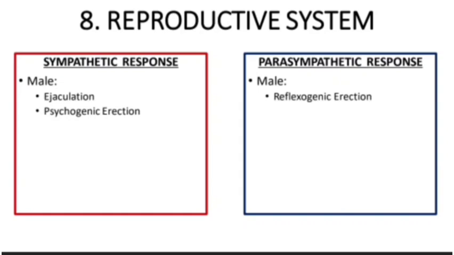So what is the difference between a psychogenic erection and a reflexogenic erection? This mainly lies with which type of stimulus is provided to get the erection. Okay, so when you're talking about a psychogenic erection, the stimulus, of course, is thought provoked. So when a male is thinking or feeling some thoughts or feelings and it causes an erection, that is what you call as a psychogenic erection. On the other hand, your reflexogenic erection needs direct stimulus into the glans penis for it to happen.